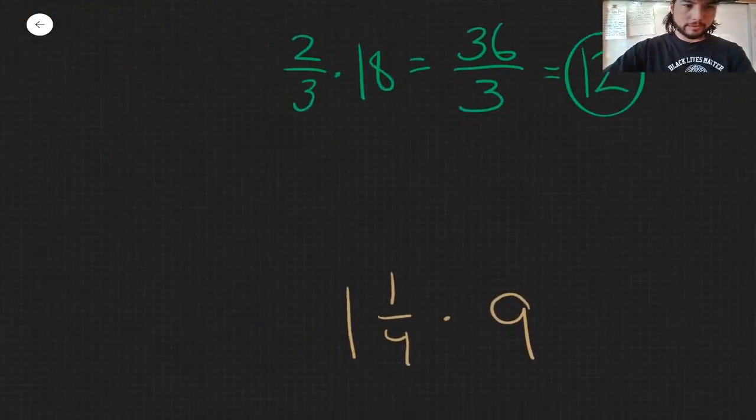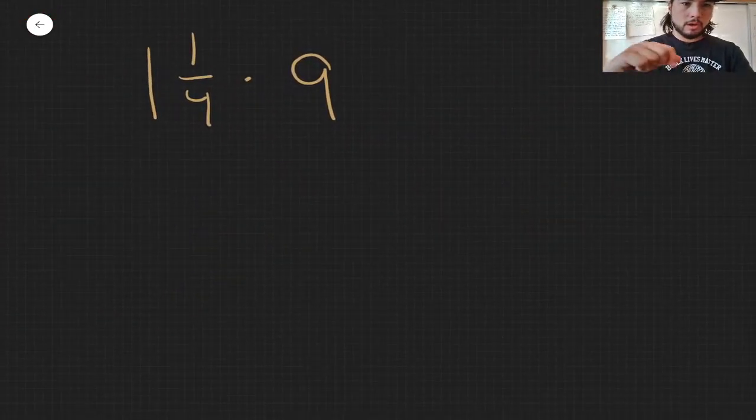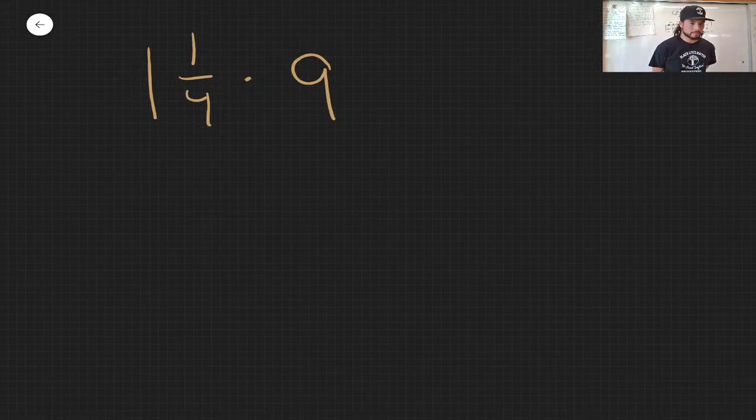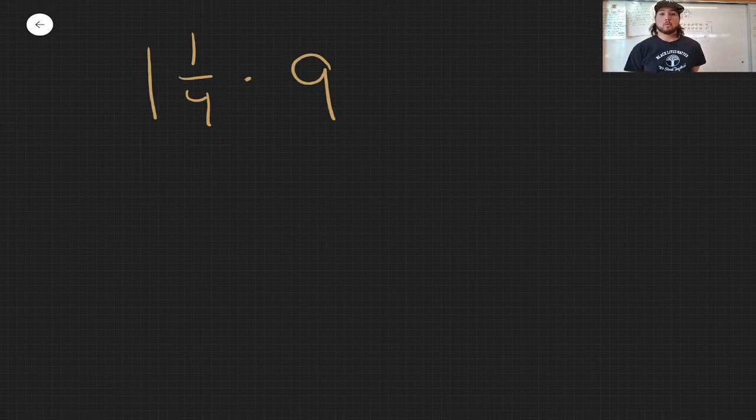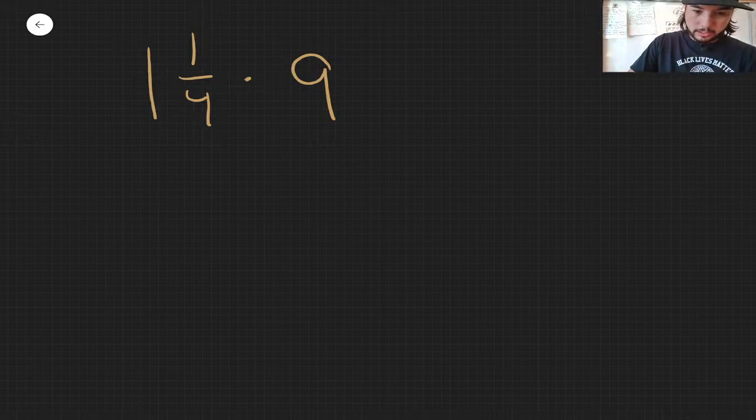I think, oh, it's down here. There you are. 1 1/4 times 9. So first step, is this going to be greater than or less than 9? Is our product, let me throw an equal sign in there. Let's make it an equation with an unknown rather than an expression. There we go. 1 1/4 times 9,